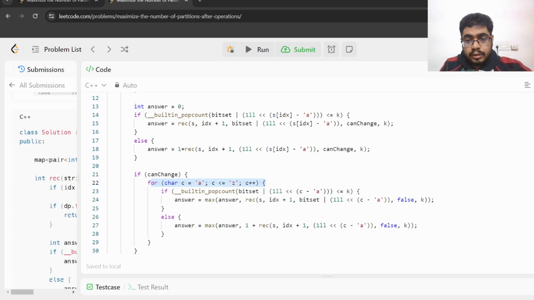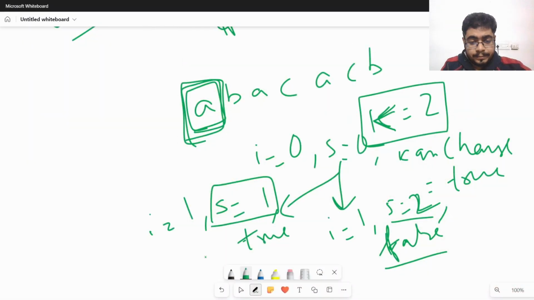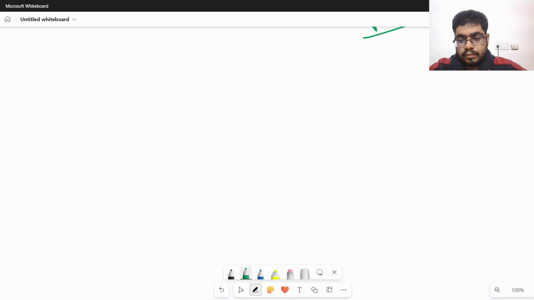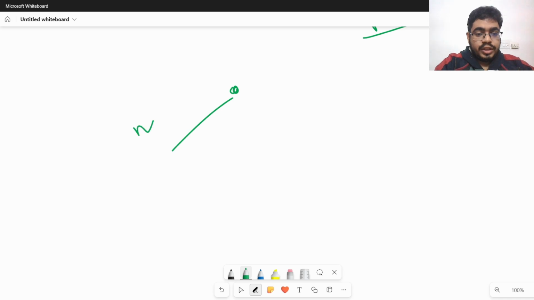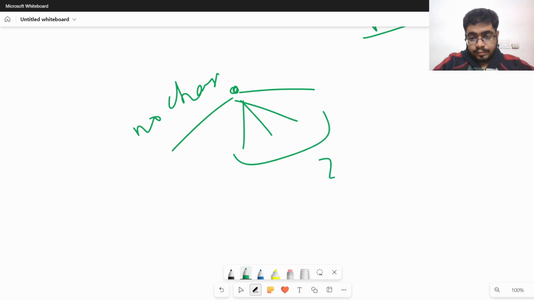So if I think about the time complexity of this recursive solution, let's see what is happening. Let's talk about the time complexity of doing this. So if you actually think about it, from every node, we are having one option of no change and 26 other options by making the change, right? So from every node, we have 27 options,